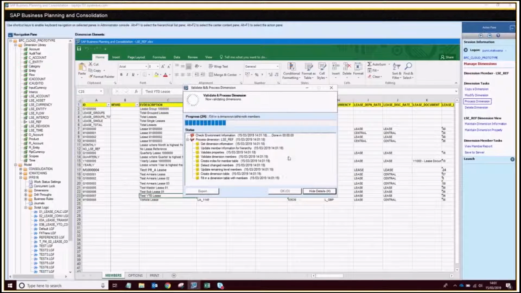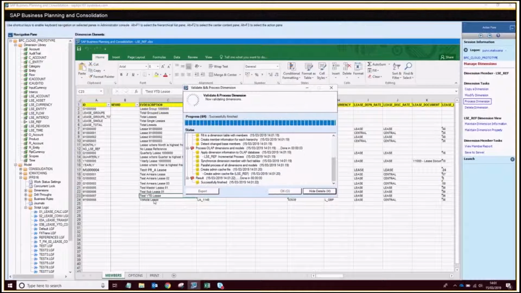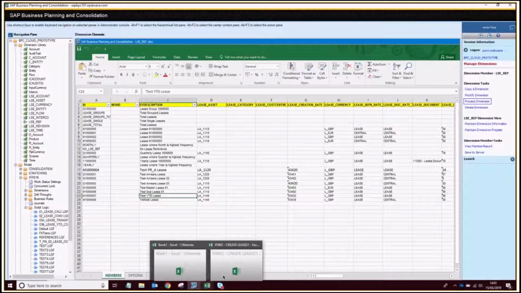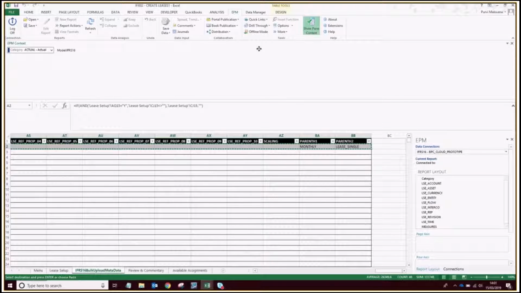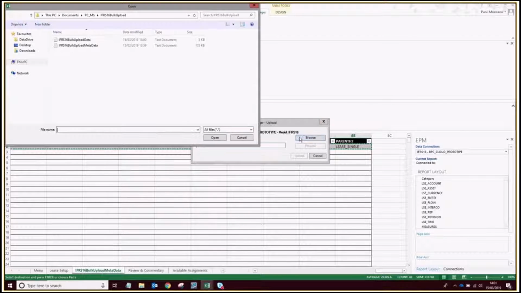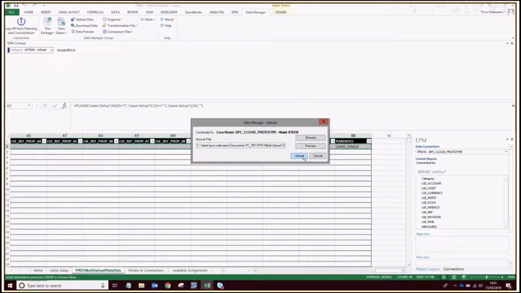So once this is complete, our lease member will have been created in this dimension, and what we need to do is upload the transactional data manually. So go back to our template, and now we need to go and upload the IFRS 16 bulk upload data text file here that was saved automatically to the PCMS folder in this IFRS 16 bulk upload file. So if we select that text file and upload it,